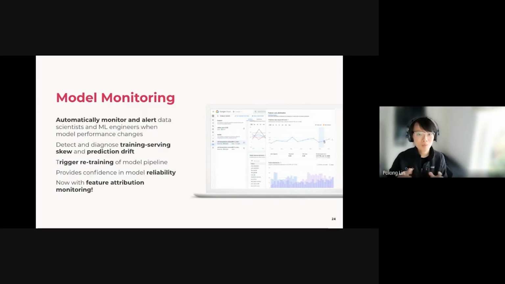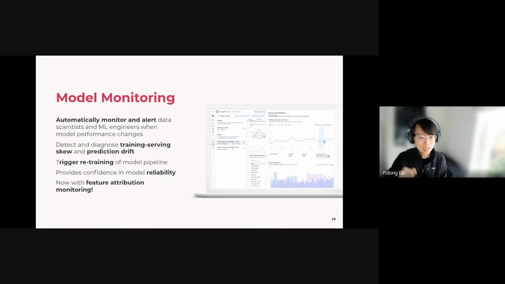So your model may no longer be predicting at the same level of accuracy or performance as you hoped it would when you did the training. Maybe it was a week ago, 2 weeks ago, months ago. Maybe it's gotten stale over time. But how do you keep track of that? And when can you get alerted that these changes have happened? Well, you can use model monitoring.